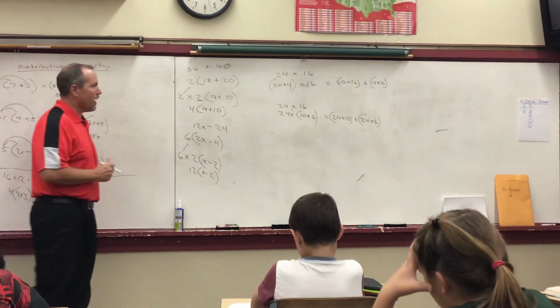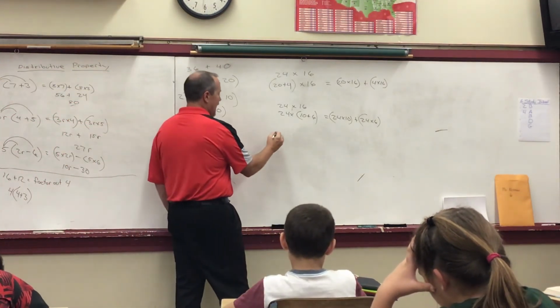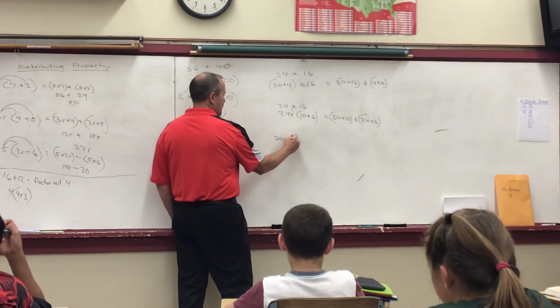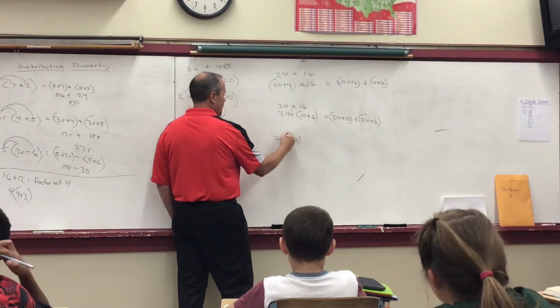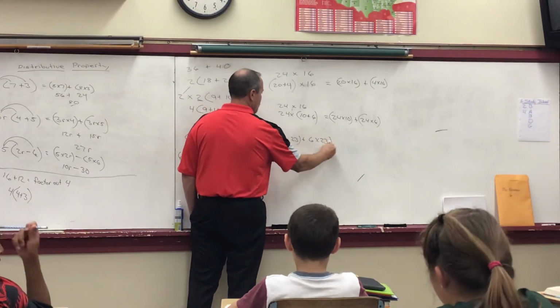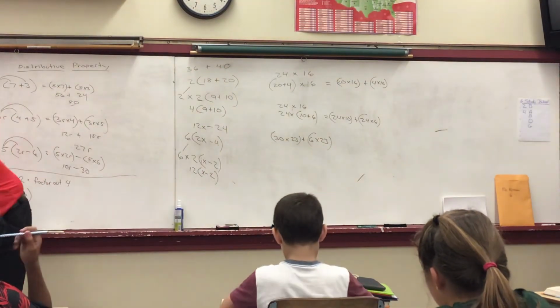And then the last way that we can use the distributive property would be to have, let's say we had this: 30 times 23 plus 6 times 23. Now, if we look at that,